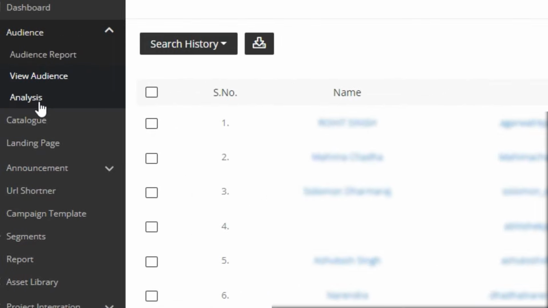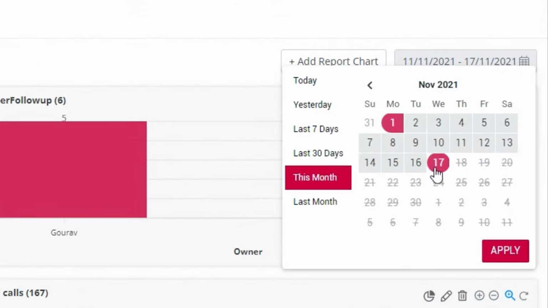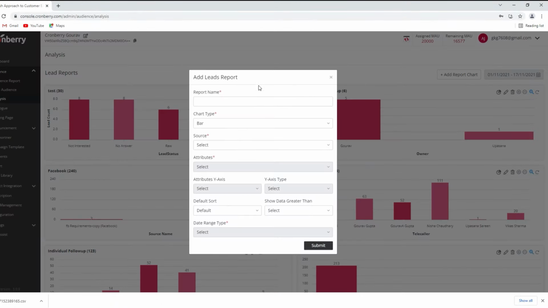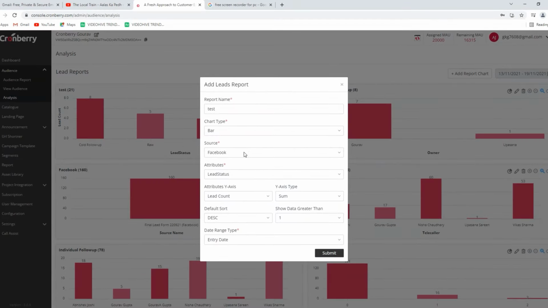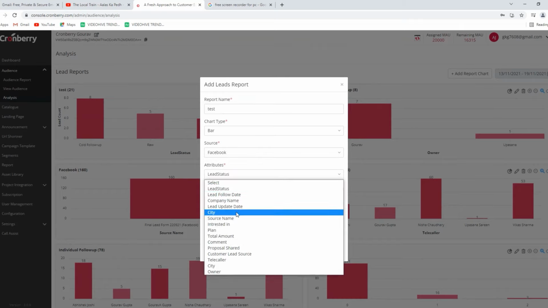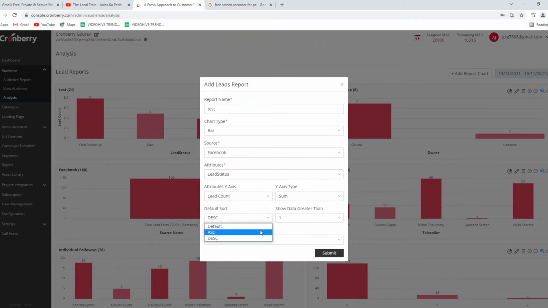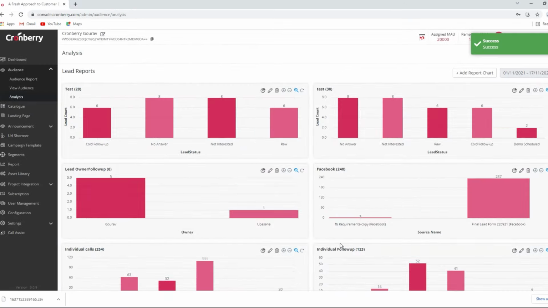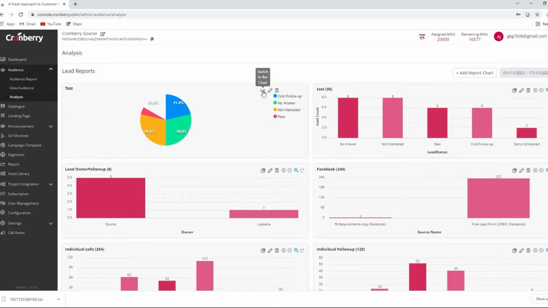Now coming to the analysis part, here you can have a date-wise report of your business leads performance, wherein Cronberry allows you to make changes in your charts. Just select parameters according to the results you want to see and submit. This will definitely help you to make important decisions for your business. Perfect graphical representation in multiple charts just as you want. You want to switch to pie chart presentation? Just tap and explore. Isn't it so simple, quick and exactly what a business person would ever need? Get your business in hand today and make things smooth.